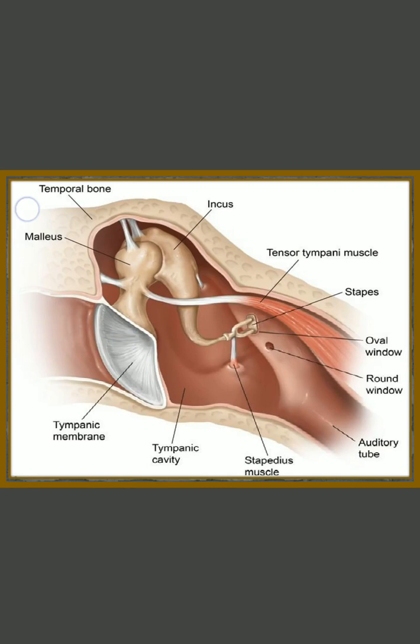You can see here, this is the tympanic membrane, inner surface of the tympanic membrane. This is malleus. This is the head of the malleus. Now, this is the middle ear cavity. This entire space is the middle ear cavity or the tympanic cavity. And the portion of the middle ear cavity that is above the level of the tympanic membrane, that is the epitympanic recess. So this would be the epitympanic recess and below the epitympanic recess is the tympanic cavity proper.